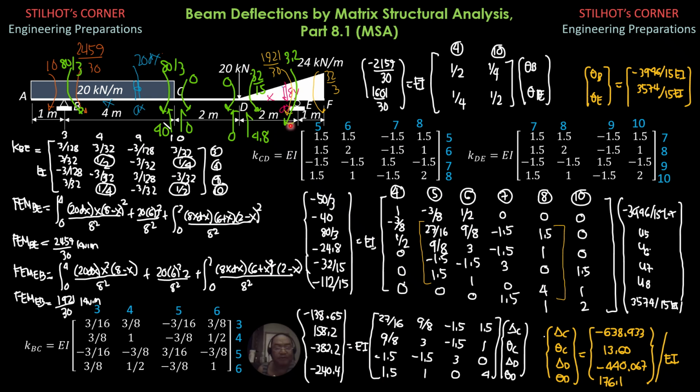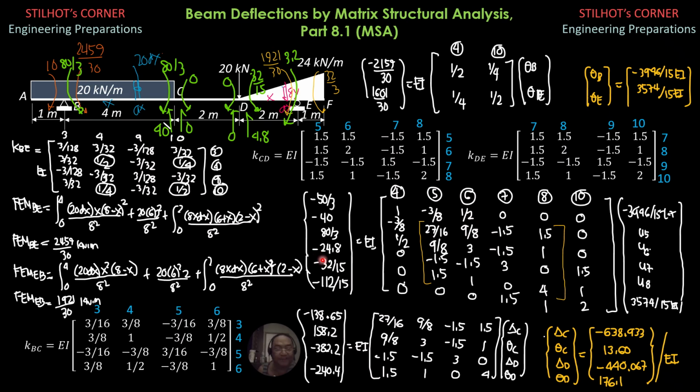On the right side, W L square over 20, or 16 times 2 square over 20, you'll get 3.2. So that's why the net loading here at B is negative 50 over 3, 10 minus 80 over 3, negative 50 over 3. Then at C, we have 40 downward, or negative 40. Then the moment 80 over 3, because this is a fixed end moment which is clockwise, the loading would be 80 over 3 counterclockwise. 80 over 3, that's positive.